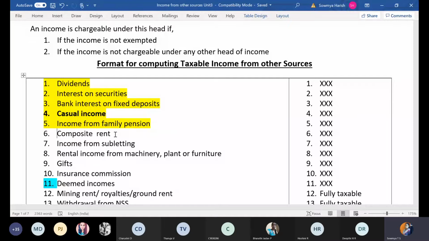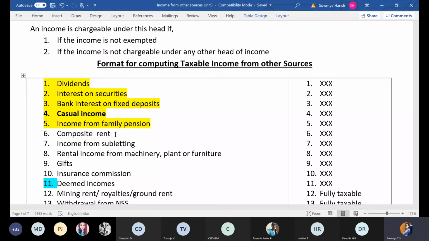So in some places, they might be allowing you to use the swimming pool. So it's an additional facility. For that they might charge. Usage of ground or the basketball court or football court, whatever ground. Usage of ground it can be, or usage of clubhouse facility. For these facilities they might be charging something. So this whole put together is called composite rent, and you'll bring it under the head income from other sources.